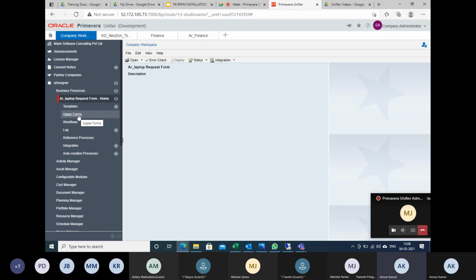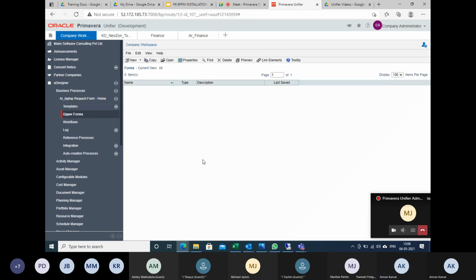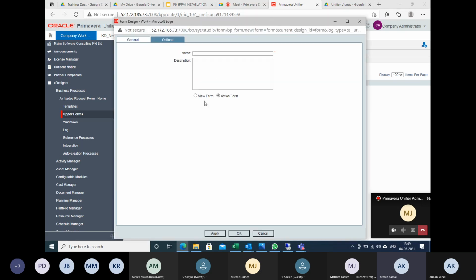Now I will go and create a form first. So this is the form creation. What is the form creation? This is the screen creation which we wanted to design. I will click manual.